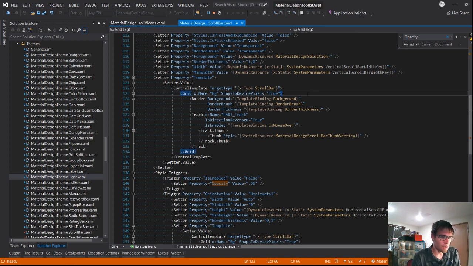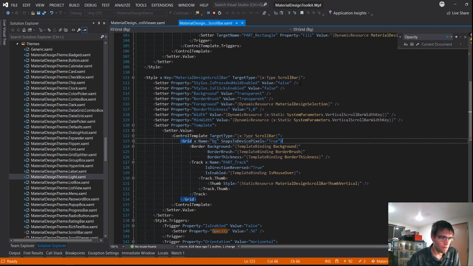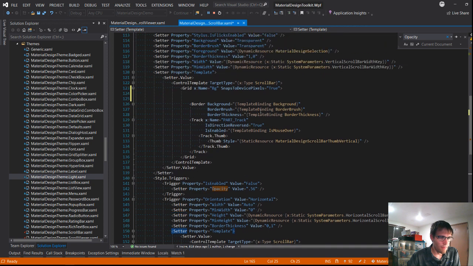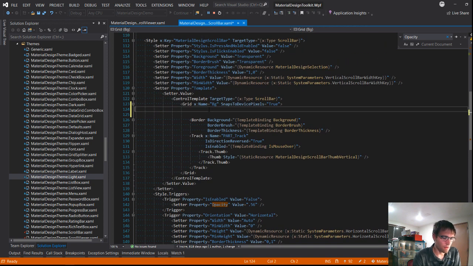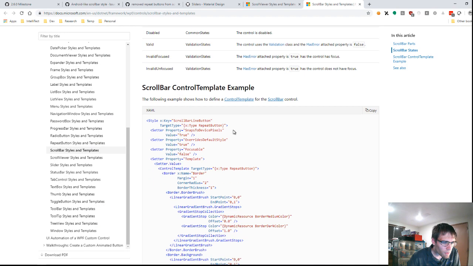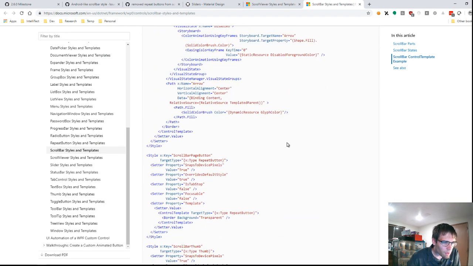So in here, yeah, I think we want to do this here. And we might actually even be able to cheat if we just go over here. We can probably grab